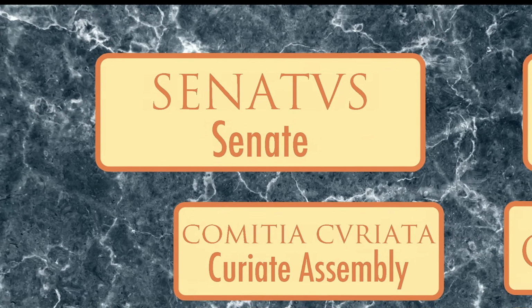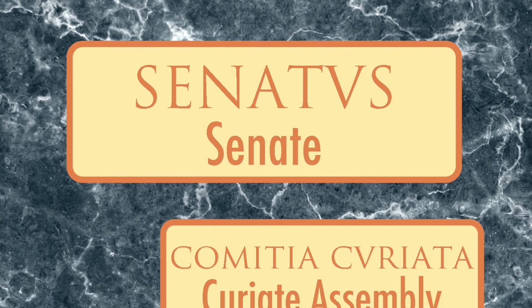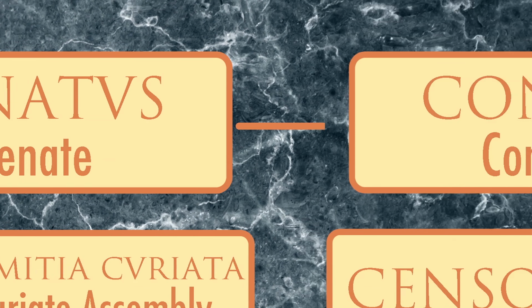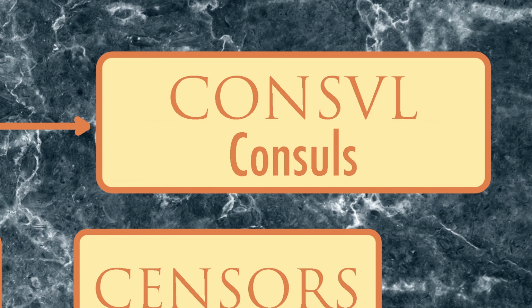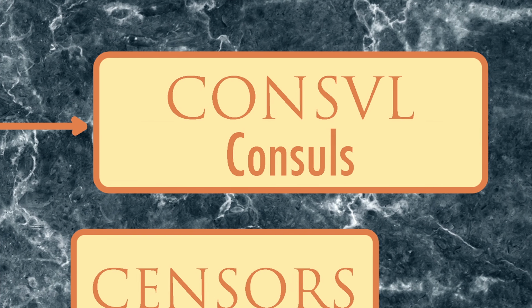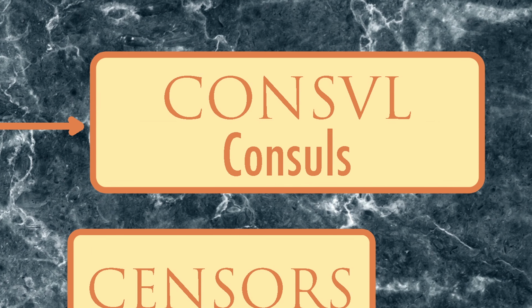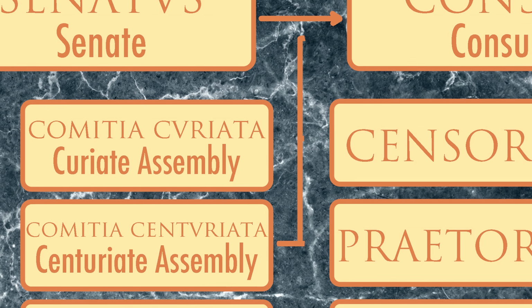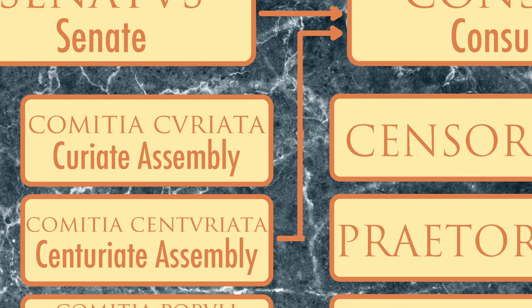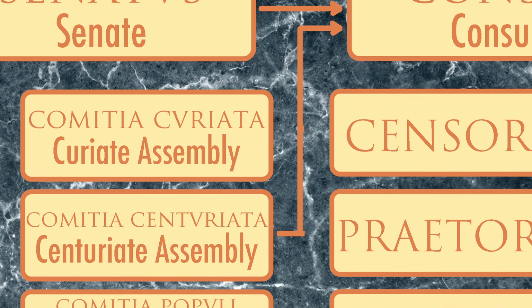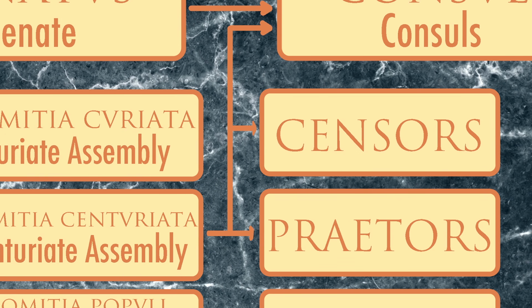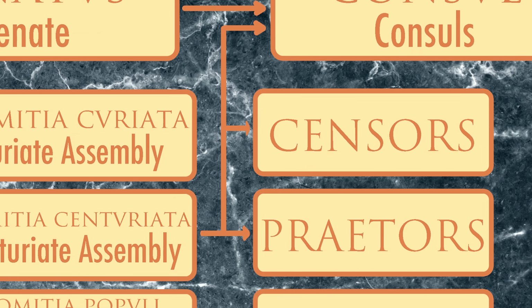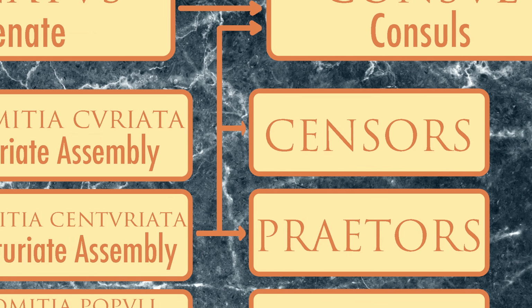The Senate, however, wasn't the final authority on passing of new laws, though they did manage foreign policy and the treasury, and advised the 2 consuls, each elected by the Roman citizenry for fixed 1-year terms. Consuls were the highest political office in the Republic, and were elected by the Centuriate Assembly, or Comitia Centuriata, a military assembly also tasked with electing consuls and praetors. The 8 praetors were judges of Roman law, whereas the 2 censors were responsible for maintaining public morality, as well